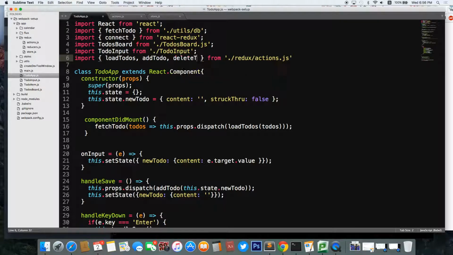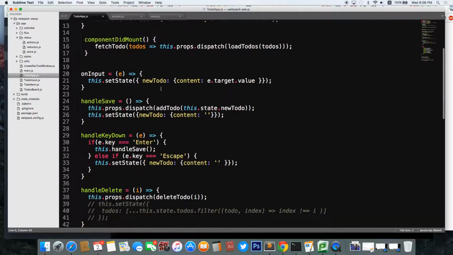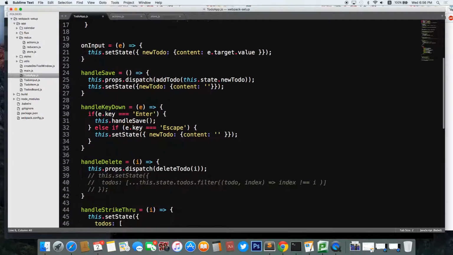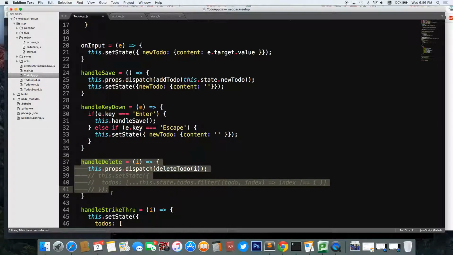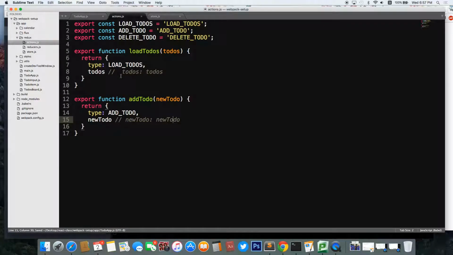The first step would be to define deleteTodo here. So here in handleDelete. Yeah, I know you guys don't like in-class exercises, but